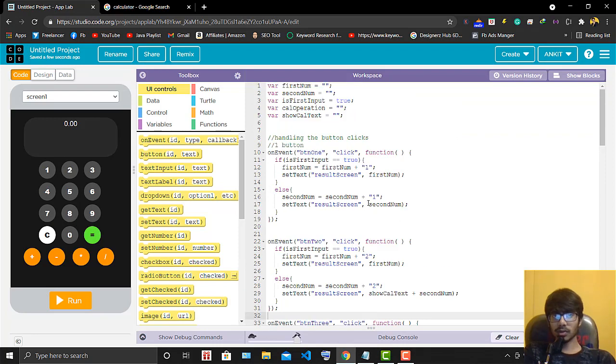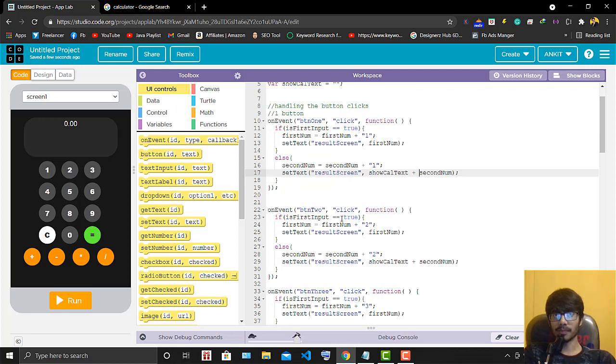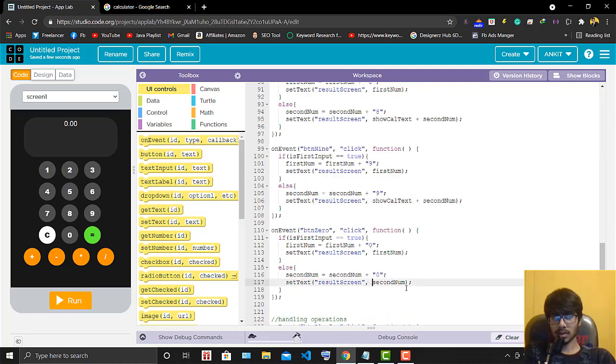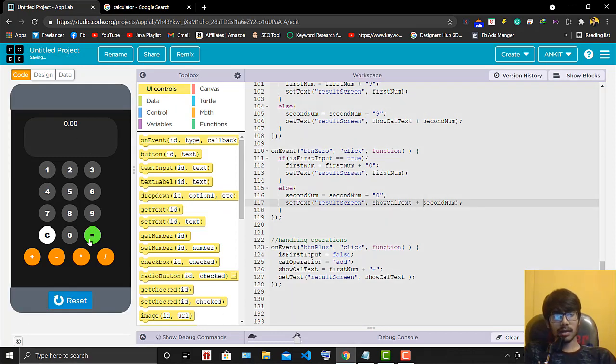So we need to write here as well this second num, and show so cal text plus second num, because we want to show both, and definitely in the last. So now when we try to run it, let's see what results we are getting now, 12 plus 45. Now look, the things are working as we expected, right?